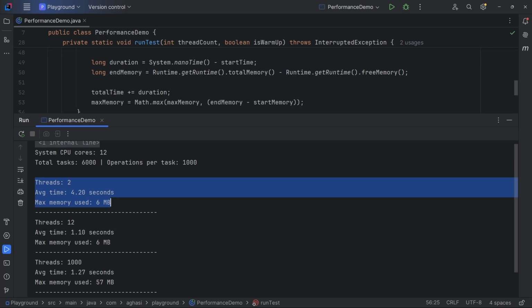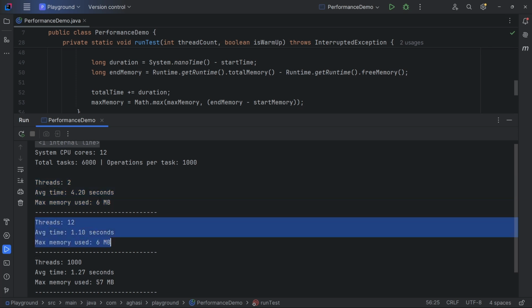For 2 threads, the average time is 4.20 seconds, and the maximum memory used is 6 megabytes. For 12 threads, the average time is 1.10, and the maximum memory used is also 6 megabytes. This clearly shows that by dividing a processor-bound problem into smaller parts and utilizing all available CPU cores, we can achieve parallelism, and our program runs faster.